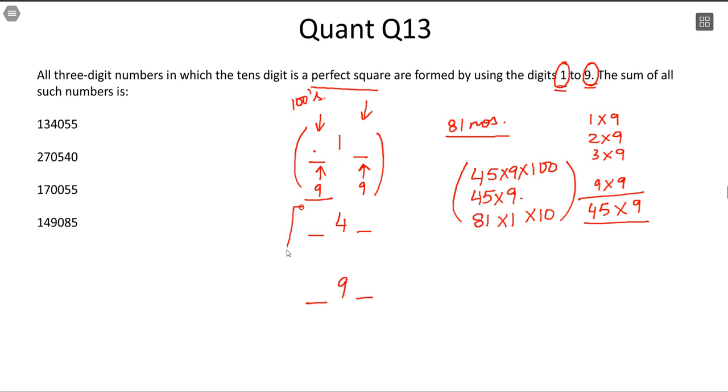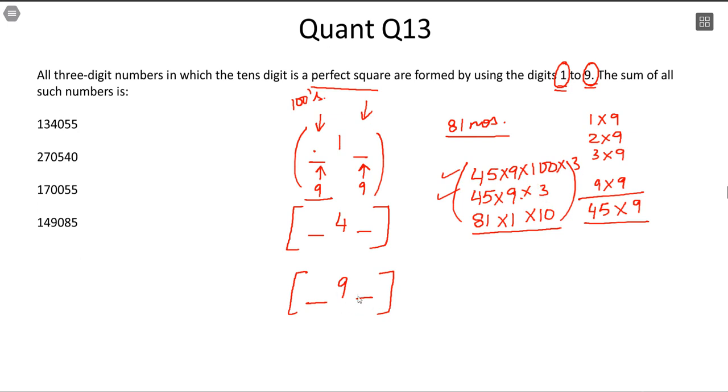Now when you're dealing with 4 at the tens place, what would happen? Do the first two storylines change at all? They remain precisely the same. The only thing that will change is this last thing. So if it is not changing for 4, it will also not change for 9. So can I straight away say, just do this into 3 and do this into 3.